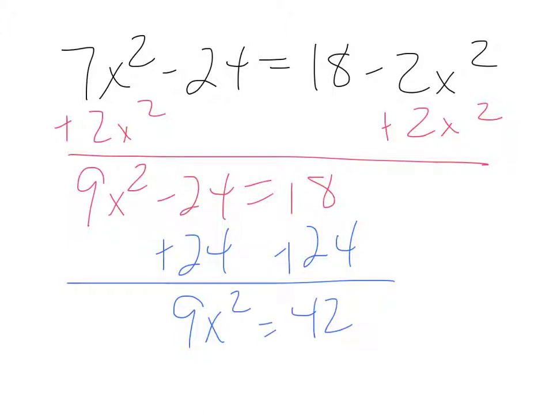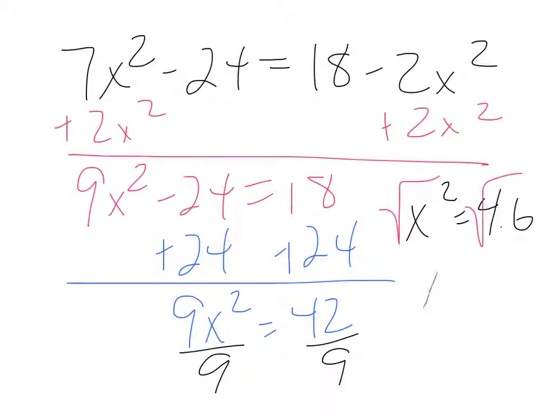Oh, 42. And then what? You divide by 9 again, right? So divide by 9, divide by 9. Then square root. Okay, so 42 divided by 9. That's a decimal answer. It's 4 point something. 4.6. So you'd have x squared equals 4.6, and then you do what? Square root. So you square root, and you get that x is equal to